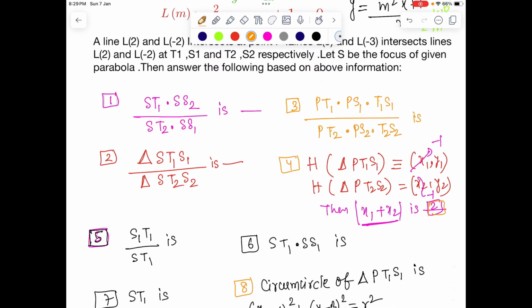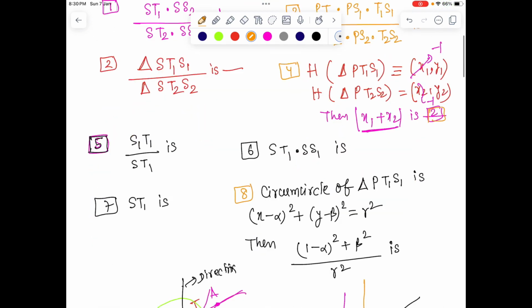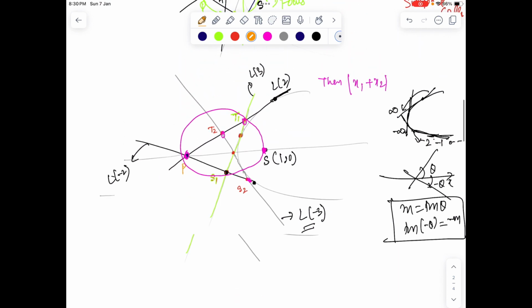Next question is: what is ST1 by ST2 and SS2 by ST2? Now we know that since there is a circle, if we join ST1 and SS1, there is a remarkable result that we are getting, because this is a cyclic quadrilateral. If I take this angle as θ1